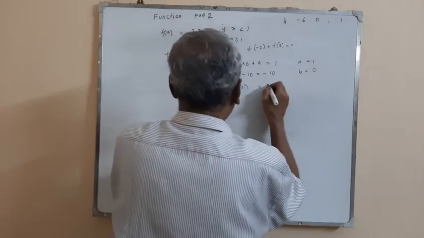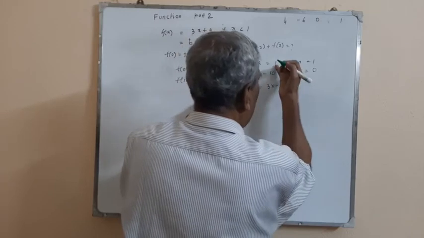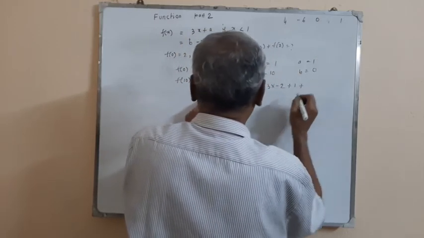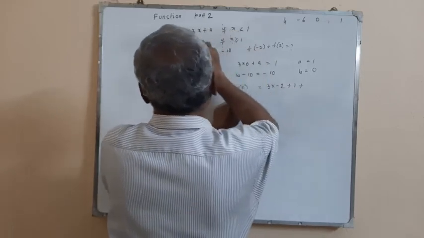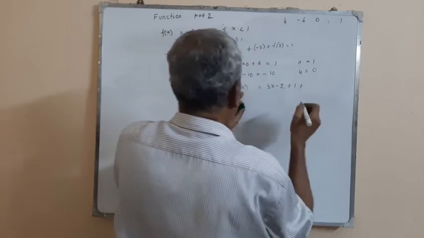So it is 3 into -2 plus a. A is already obtained, just now it is 1, plus f(2) can be obtained from there because the argument 2 is greater than 1. So it is equal to b